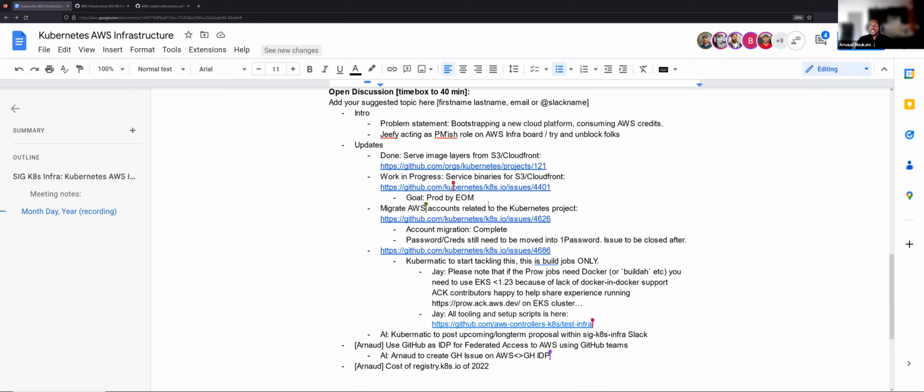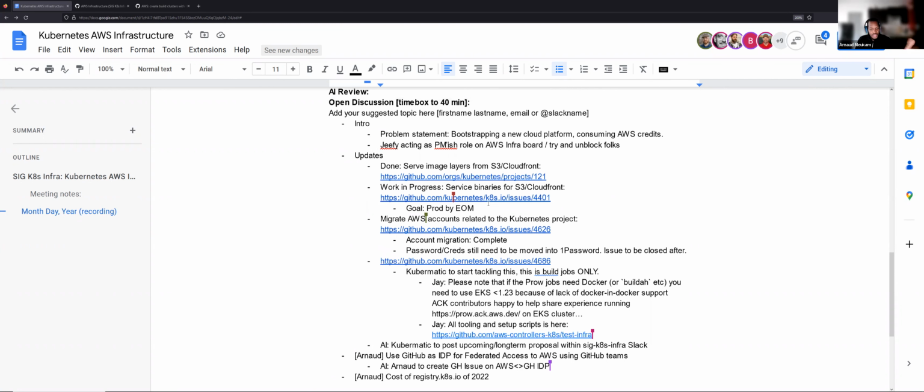okay, I'm gonna phrase this differently. I think the idea is having people focus on that and at the same time be able to work on Prow, because they are somehow related. Like at the same time we set up a build cluster, we're trying to identify issues related to authentication. That's why I'm saying we might need to do both at the same time, but I'm not sure about that. Okay. But the priority is all the CI we need to migrate from GCP to AWS. That's a priority.